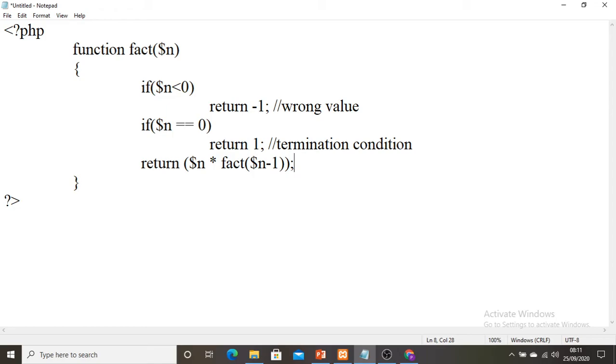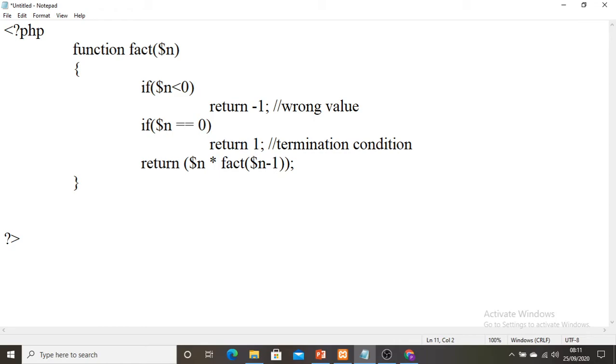Okay. Multiplicative. So 5 means what? It is $n. 4 means what? How do I get the 4? I will get the 4 by n-1 only. Okay, $n-1. So that is what I am taking here, fact of n-1. So from n into fact of n-1, it will go again for the next number recursively, it is going to call. So this is what I wrote within the function body.